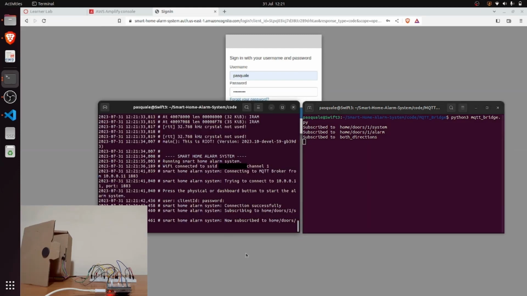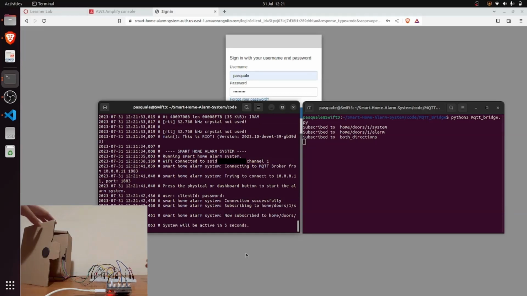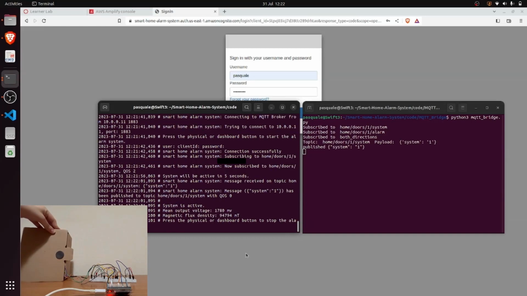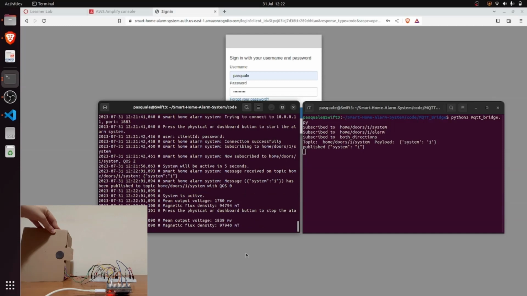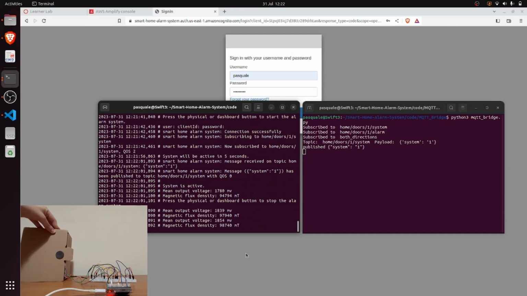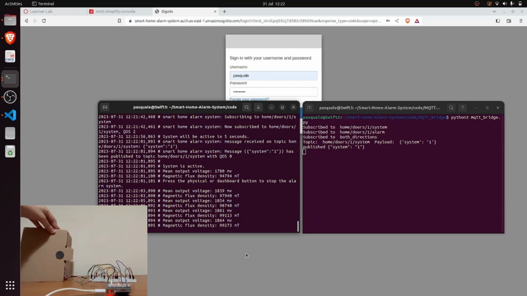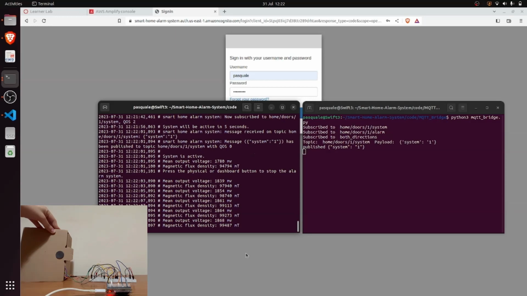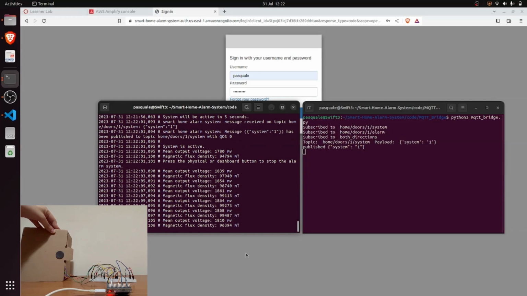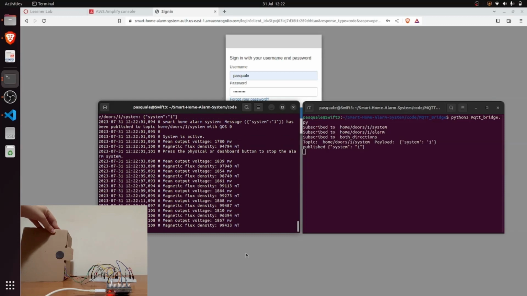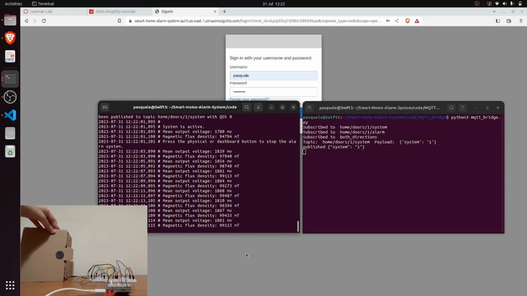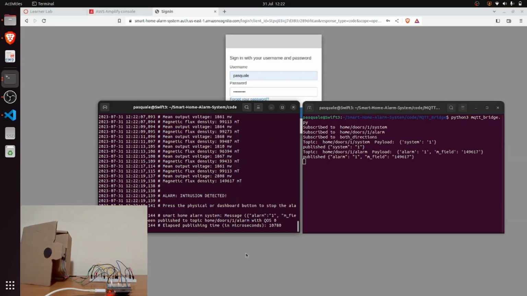Okay, at this point we can test the system working, and so we push the button to activate the system. The system will be active in 5 seconds. So now the system is active and it is measuring the magnetic field, and no intrusion is detected because the door is closed. But at this point we can simulate a break-in by opening the door, and as we expected,